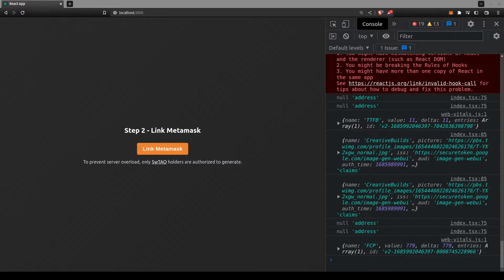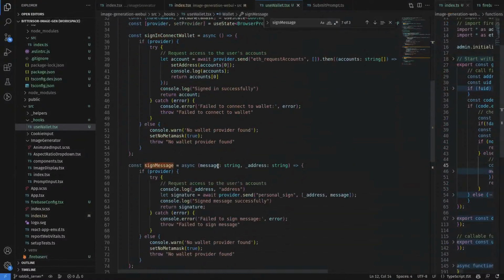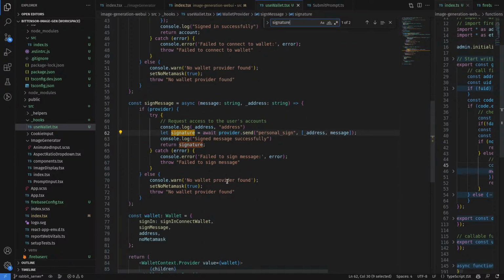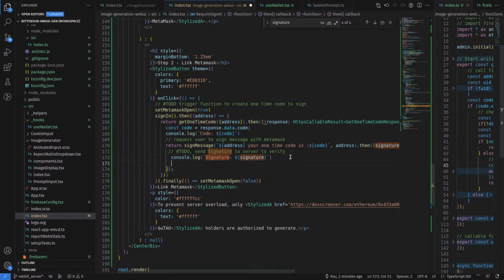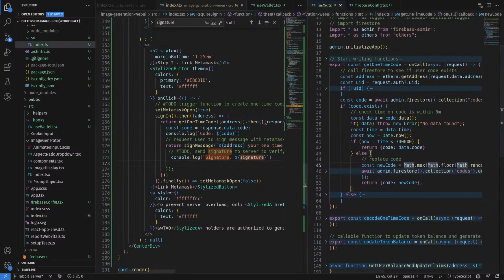Boop. So we got the signature sent to the server. Oh, no, no, no. We didn't send the signature to the server yet. That's right. All we did is log it. So we got the signature now. And now we need to verify it. So let's add